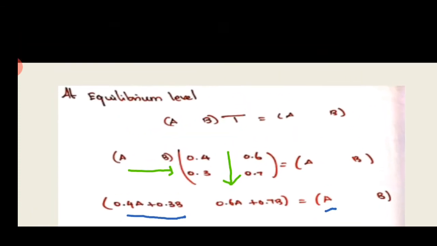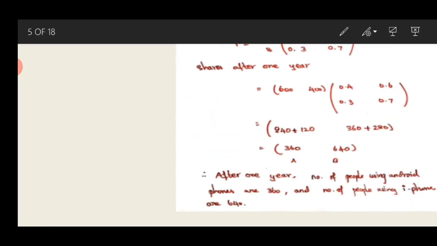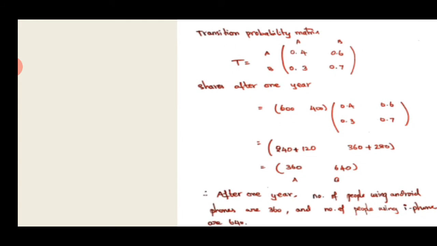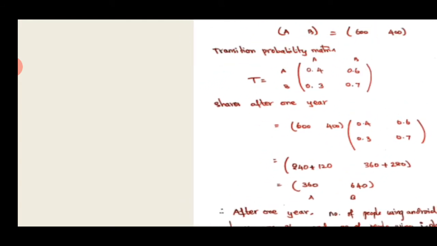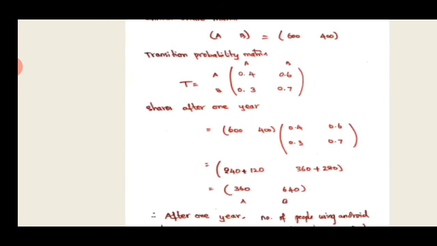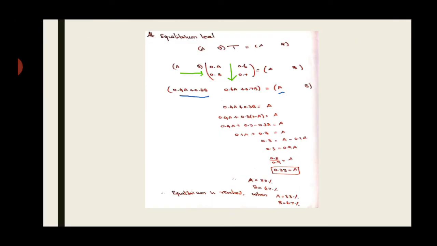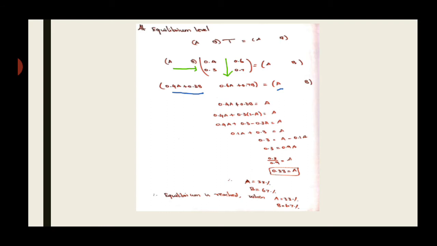Now in this matrix you can see one important point. In the T matrix, take the first row: 0.4, 0.6. Now add the values, 0.4 plus 0.6. What do we get? 1. The reason is they lie on the same row, so they are probabilities of the same event, so the total value will be 1. So 0.4 is the A value and 0.6 is the B value. So A plus B is always equal to 1. So now can I get A equal to 1 minus B and B equal to 1 minus A?